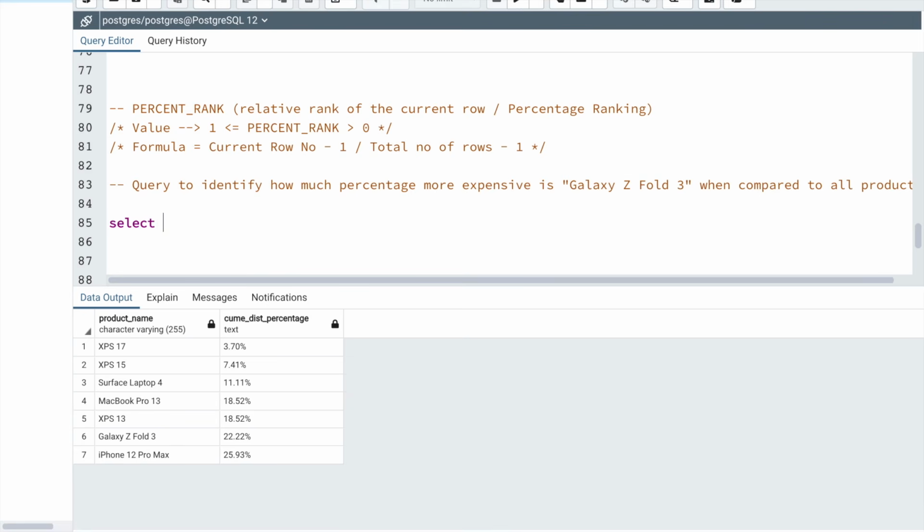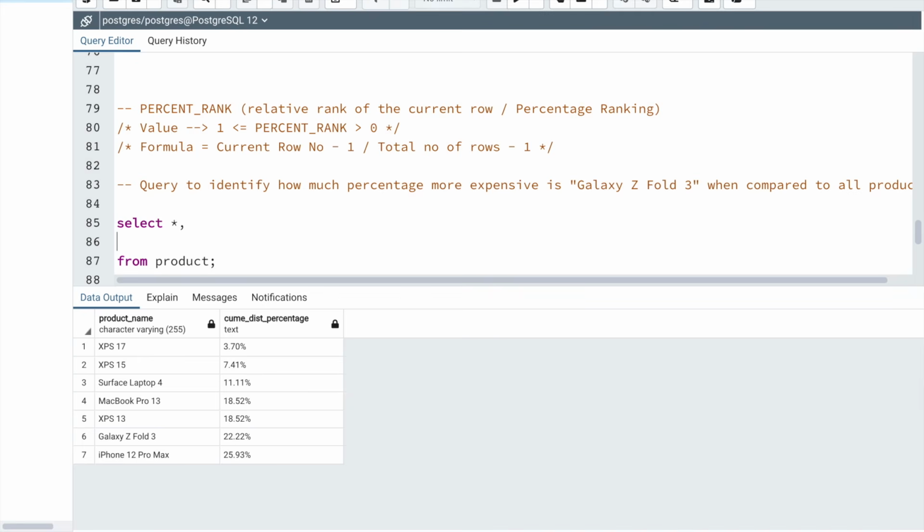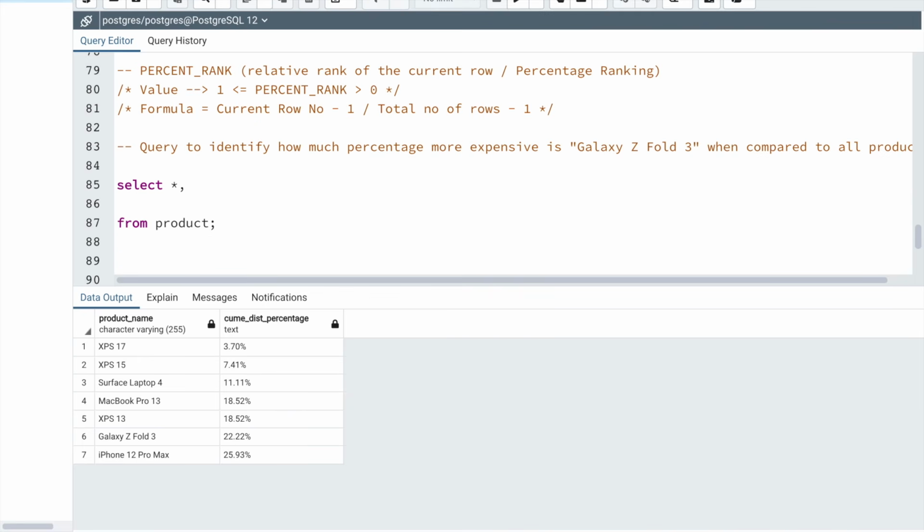So I'm going to write the query like select star from product, and here I'm going to use the percent rank function. Again, this will not accept any arguments, so I can just say over, and inside over I'll order the data because I want to sort the data based on its price. So I'll say order by price. I'll leave it in ascending order, so the product with the most expensive price is at the bottom, and I'm going to give an alias to this, something like